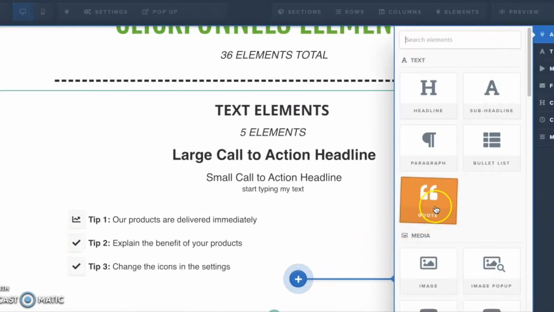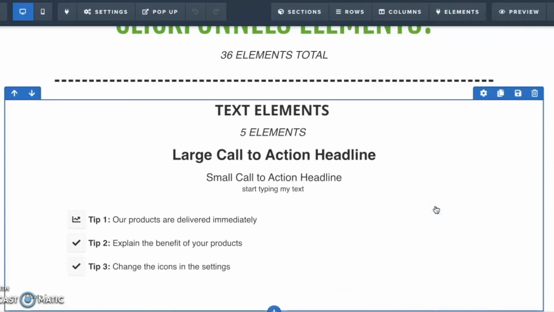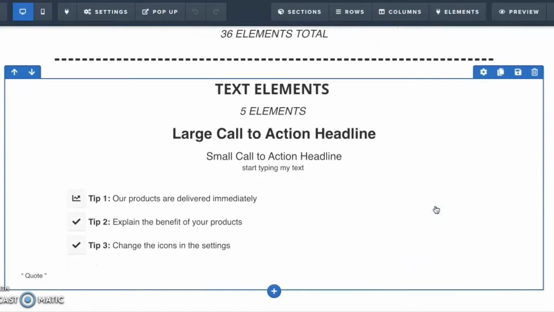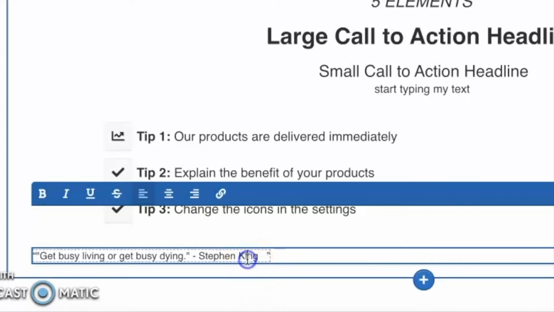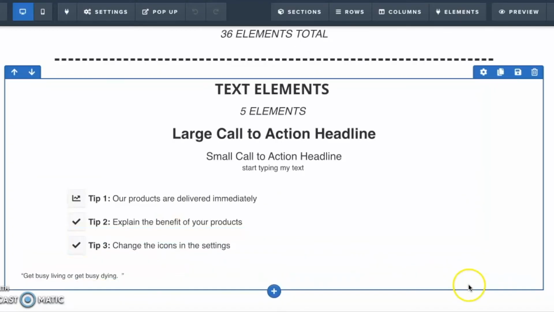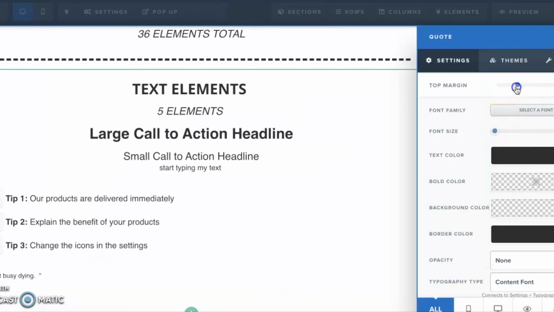And then the last one is a quote. Now, I'm going to be completely honest with you guys. I did a ton of research on this, and I have no idea the point of this element. It seems completely useless. That is honestly my opinion. So if I add in here this quote, after adding this in, you can see it's automatically going to add quotation marks. So I can't even add this in here because I don't want quotation marks there. Like that's all it does. It automatically adds